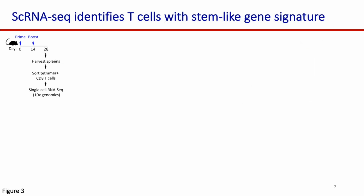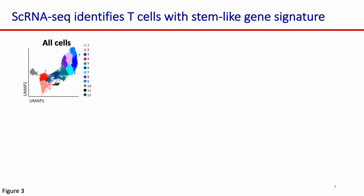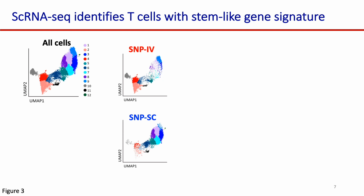So to better understand the differences at the transcriptome level, we sorted tetramer-positive CD8 T cells from the spleens of mice and performed single-cell RNA sequencing using the 10x genomics platform. And based on their differential gene expression, we could identify 12 clusters that are visualized here in this UMAP. And if we break it down to cells from IV vaccinated animals versus sub-Q vaccinated animals, we see that the cells from IV animals cluster in this bottom left corner, whereas cells from sub-Q vaccinated animals are mostly represented in